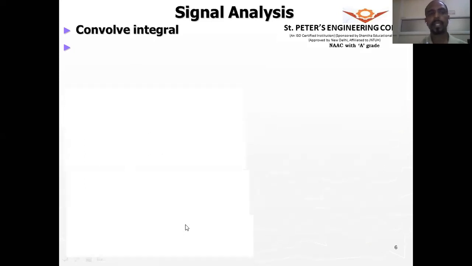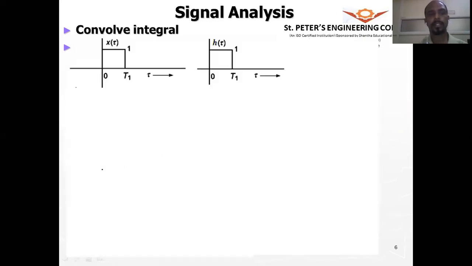So now let us take the two finite signals and convolve. So always it can be any of these three combinations only. Now I have taken only step signals. You can have any signal here. It can be a step signal, a sinusoidal signal, an exponential signal, or a ramp signal, or any signal. For simple understanding, I have taken two step signals.